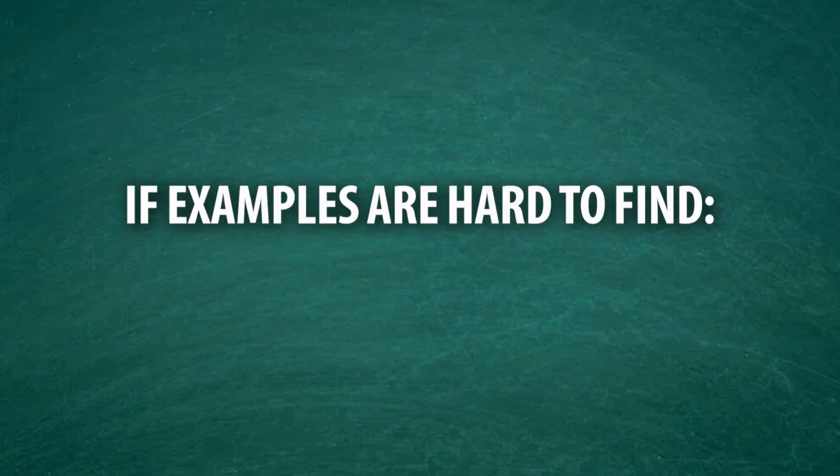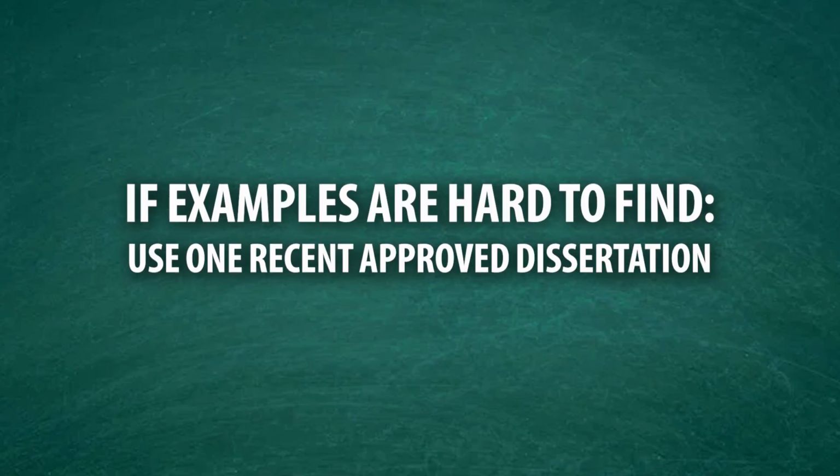In fact, typically I will tell people, look, go find a copy of a dissertation your chair has approved recently so you can see what type of things are in those documents that you then think, I need to put something like that in mine. Well, if your chair hasn't done a mixed methods in a long time, it's hard to find that. But at least you can find one side of the equation, quantitative or qualitative, and then maybe find another recent dissertation at your school that has done qualitative and morph those together.